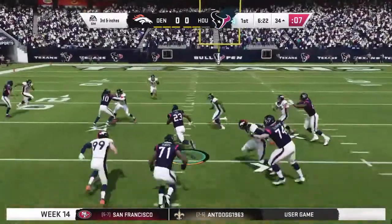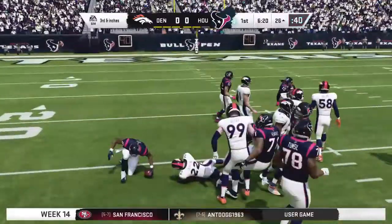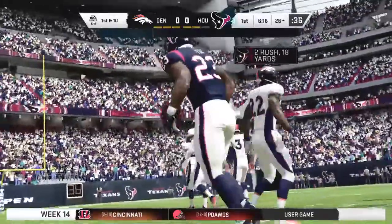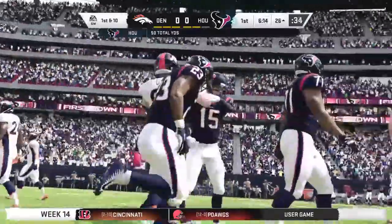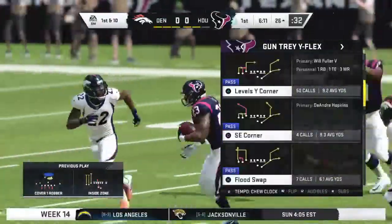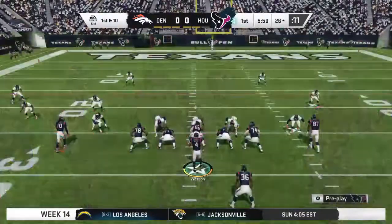They'll run it. Here's Hyde. And he's able to pick up the first down here before he goes down at the 26. 8 yards, first down as they're able to convert. Had a chance to maybe limit them to 3 if they could have gotten that stop there, but a new